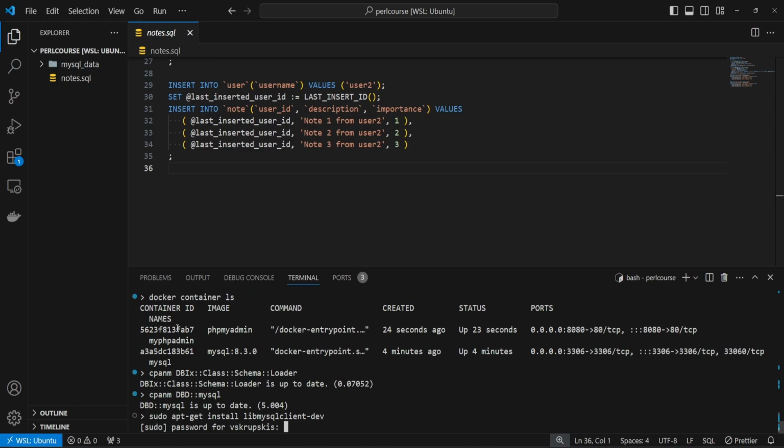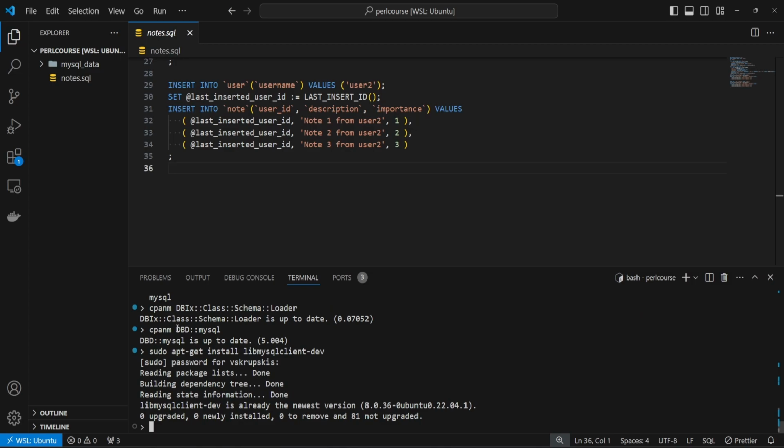So if you just hit return for this, enter your password. In my case, I already have this as well, and it says it's just up to date. Try to run the DBD MySQL again, and it should be fine. The very last step we want to do now, after sorting out the dependencies, we actually want to generate those